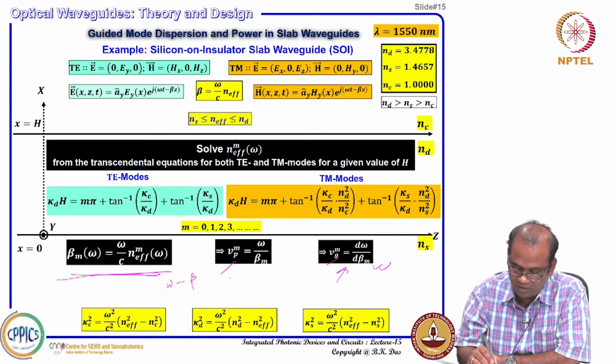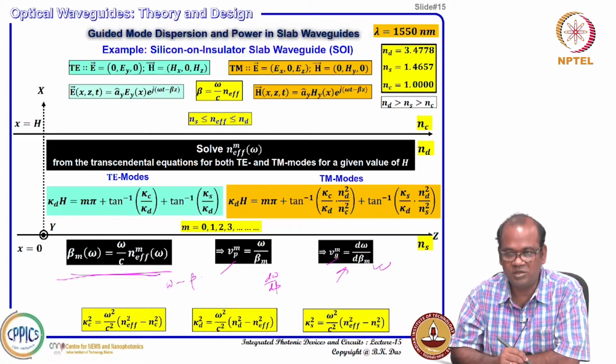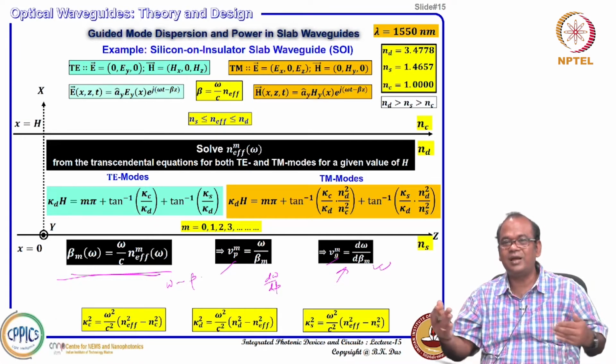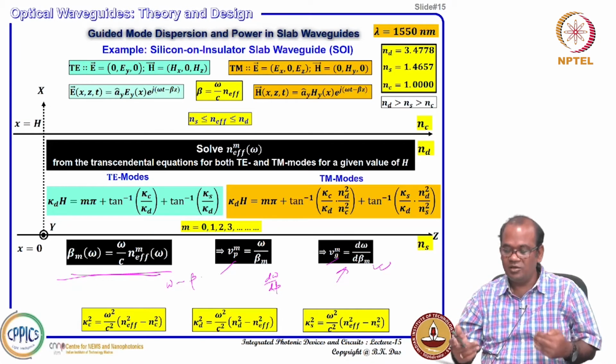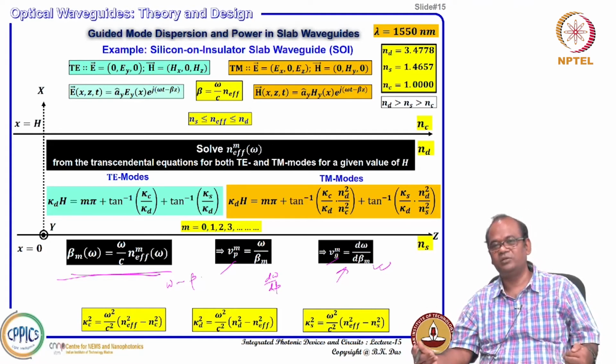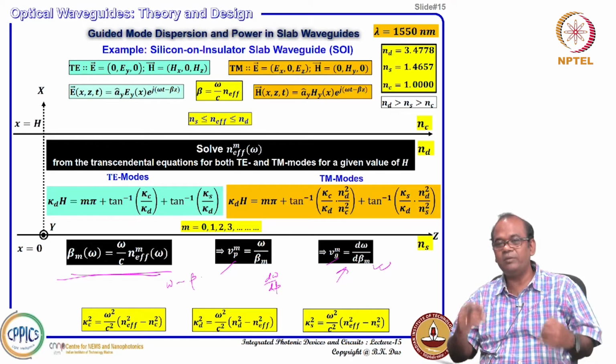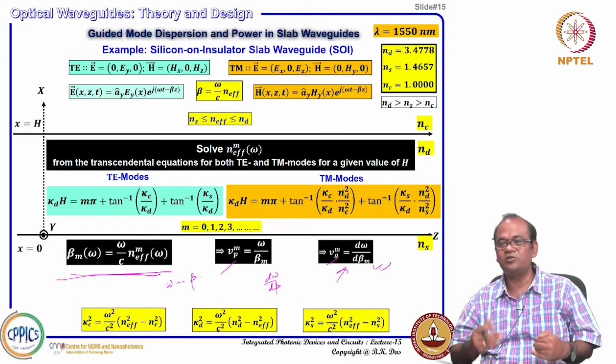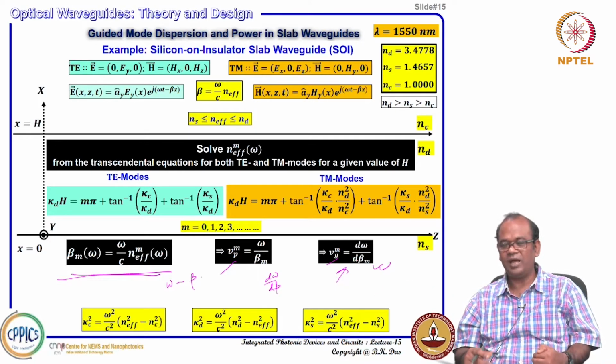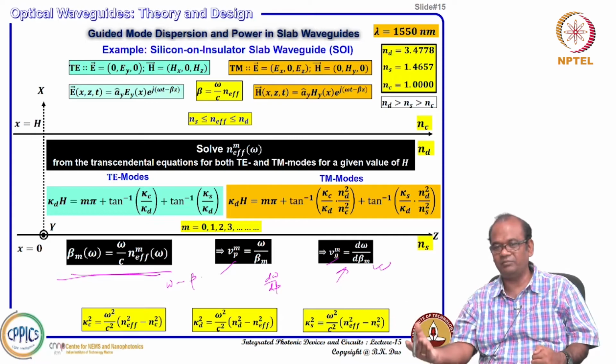If it is a straight line, this omega by beta will be equal to d omega by d beta, right. Phase velocity and group velocity will be similar, but if they are not a straight line, not linear, then your phase velocity and group velocity will be different. So, group velocity is very important, because you need to know how fast your data will be transmitting. That actually gives you the flight time of the